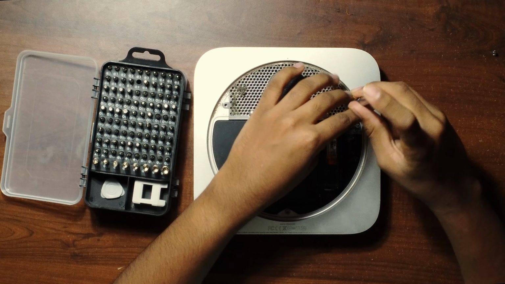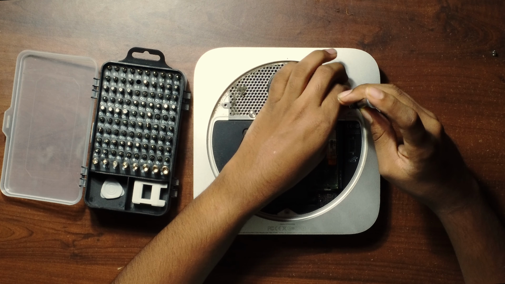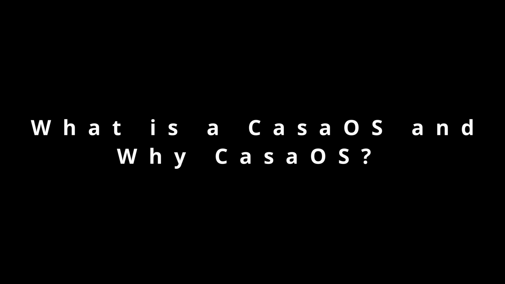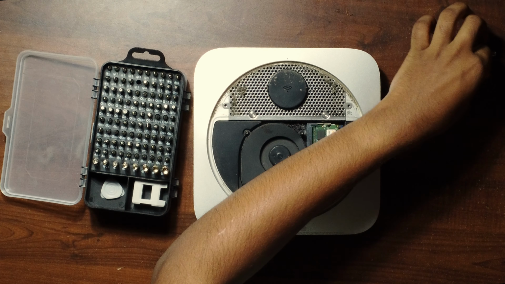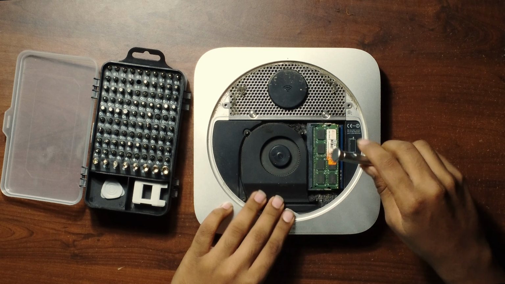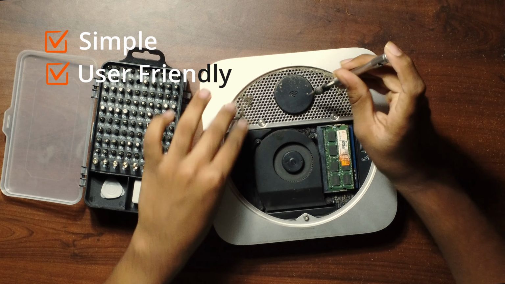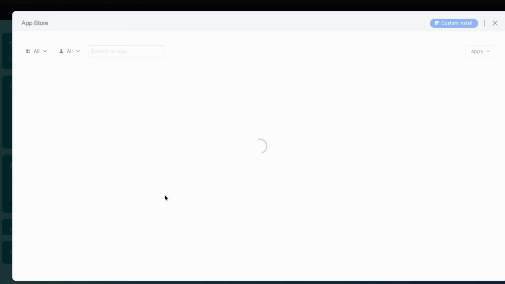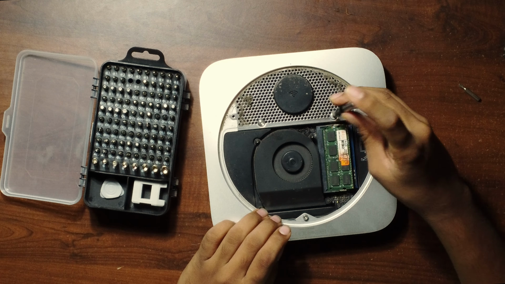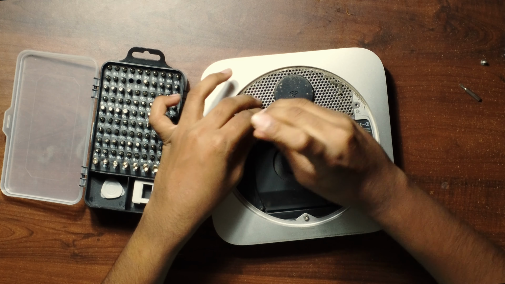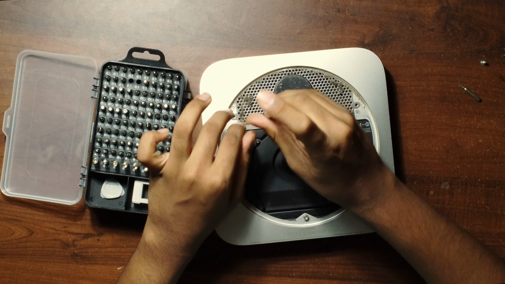We'll be using CasaOS for this entire series. You may ask, what is CasaOS and why CasaOS? I choose CasaOS not because it's powerful, but simply because it's simple and user-friendly. It has a web-based dashboard that you can access from any device across your network, and it has apps that you can install from an app store provided, just like in your phone. You don't need to be a Linux pro to use it, which makes it perfect for our use case here,